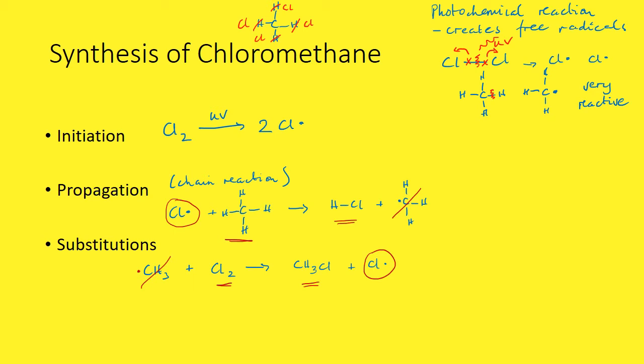And the next step is called substitutions. I'll write that down here because we're going to write a few of them here. So in the same way as we had this chlorine free radical reacting with a methane molecule and stealing one of its hydrogens, we could do exactly the same thing with our chloromethane molecule here and this chlorine free radical, in which case you would get